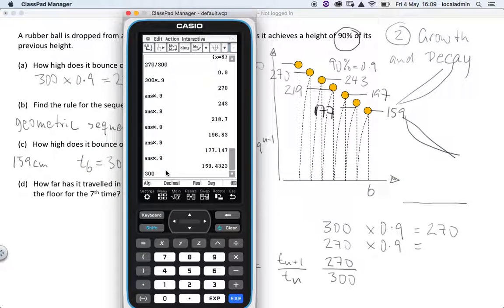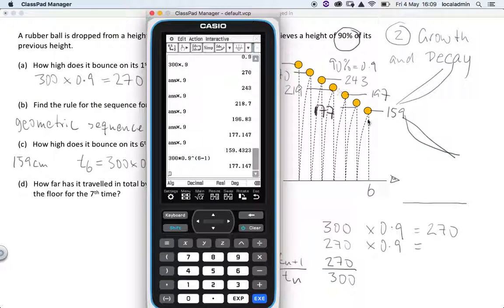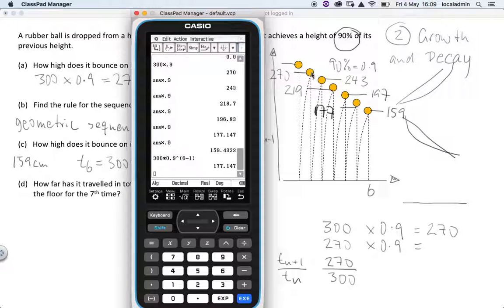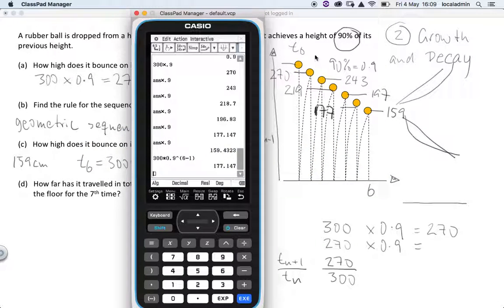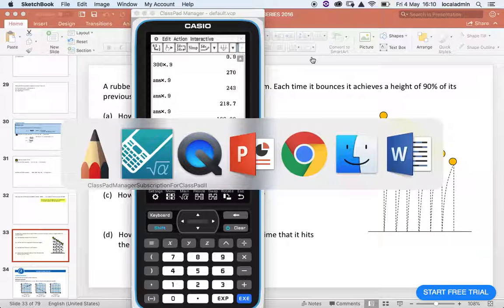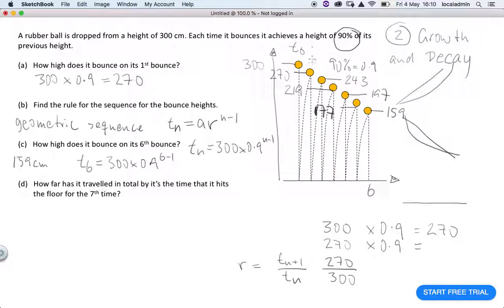So 300 multiplied by 0.9, and then we go to the power of 6 minus 1, and we'll get 177,147. Now that's not the number that we get, that is actually the previous one. So what's happening here? We need to consider that our first one, because it's the bounce, right? So that's not the first bounce. In a way you could argue that's T0. That all doesn't work, okay? So if that's our first bounce, if T1 is actually our bounce, well, then this is T1,